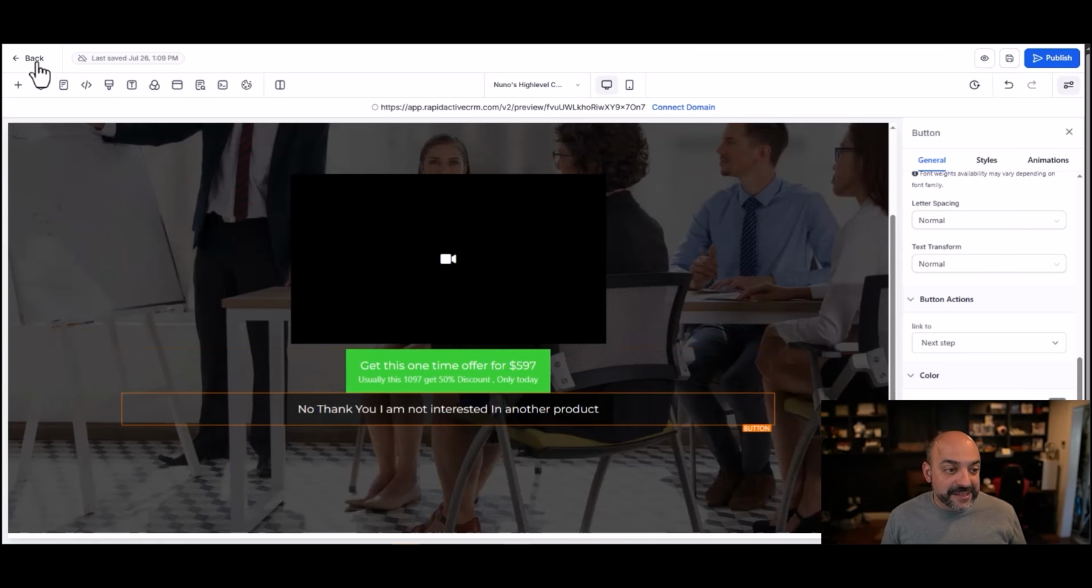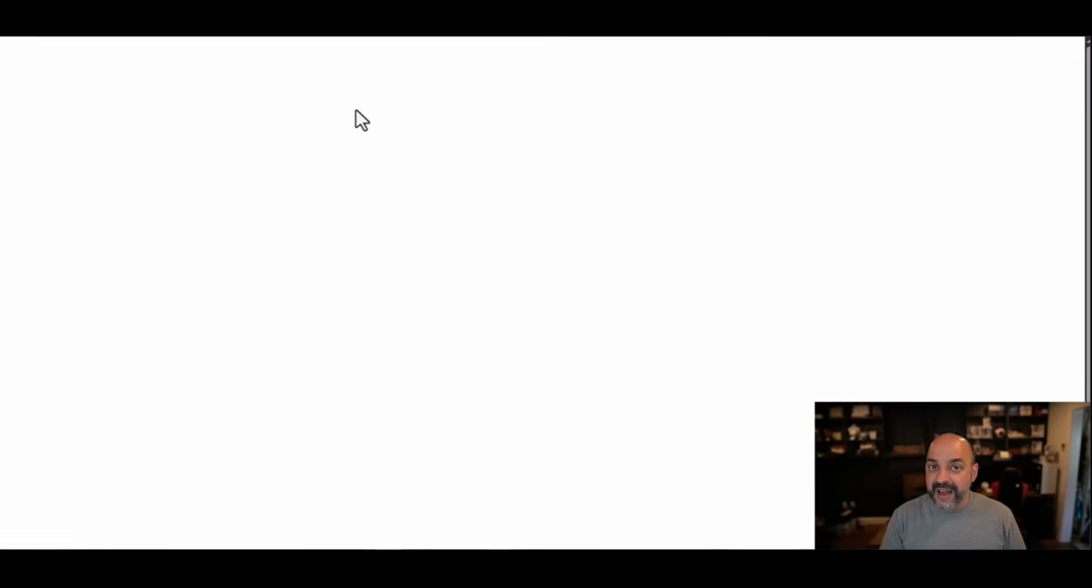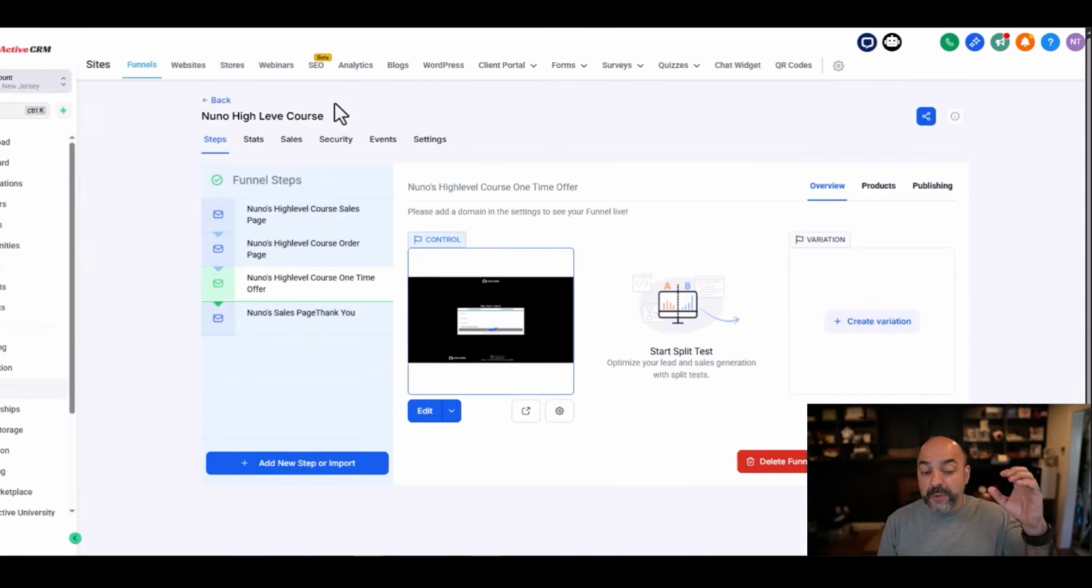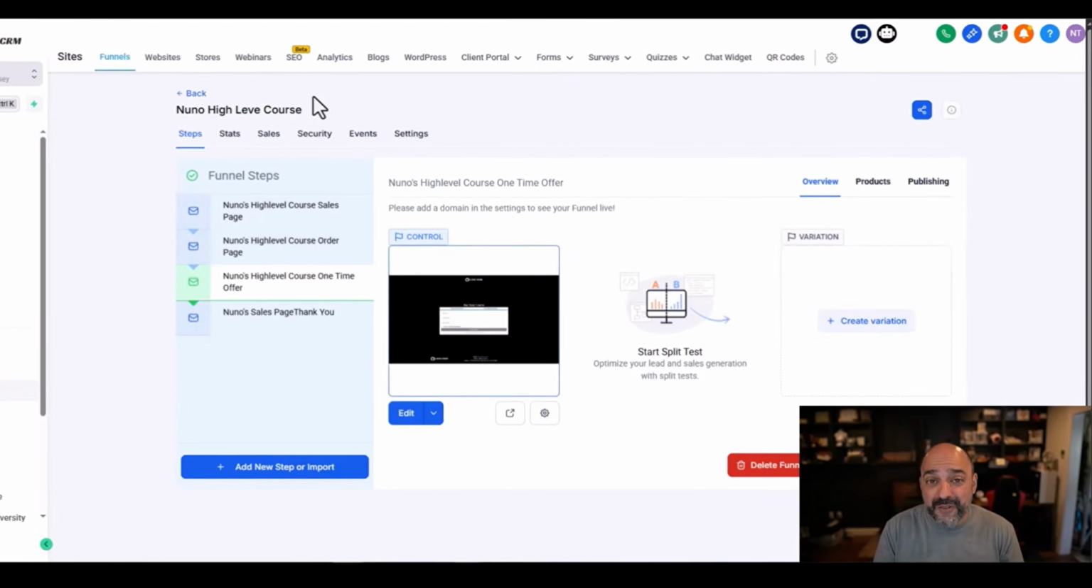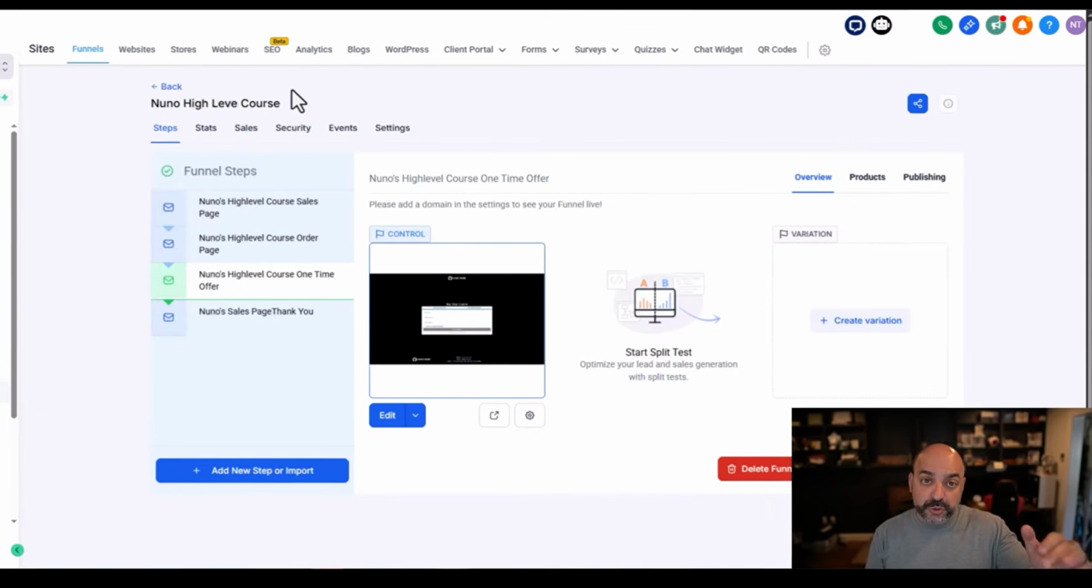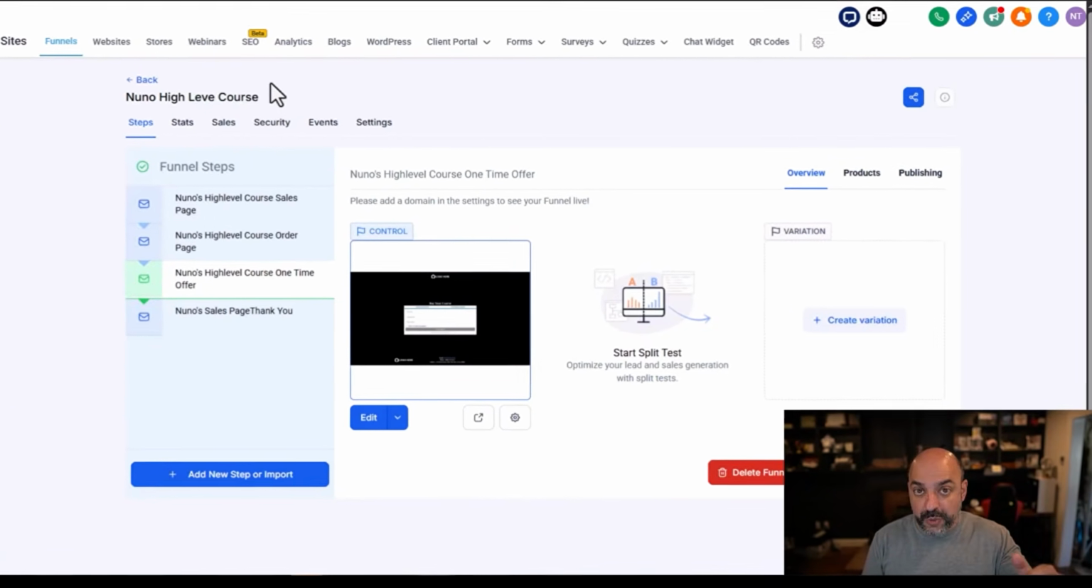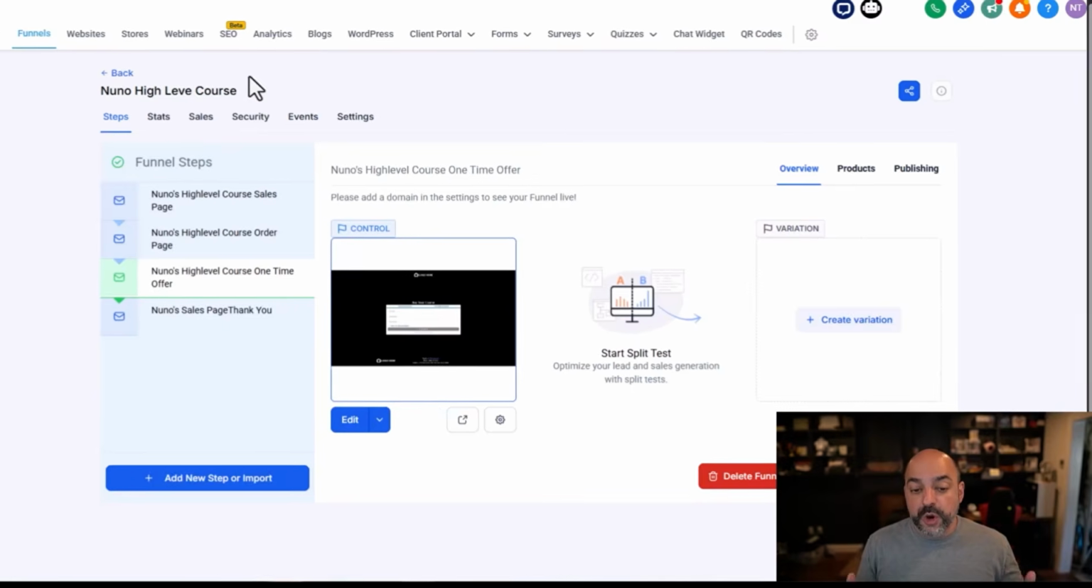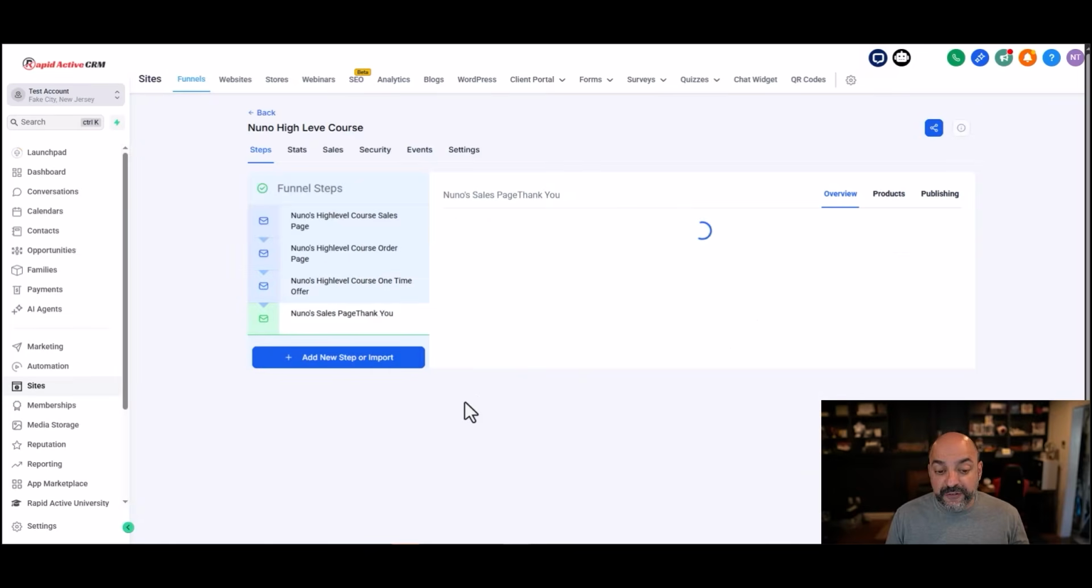So in essence, this is the typical funnel that you would have for a course. A sales page with an order bump or no order bump, it doesn't really matter. And do you need to have all this? You don't. We have a sales page that goes to an order form. The order form then goes to a one-time offer. And then you have a thank you page with the order confirmation,